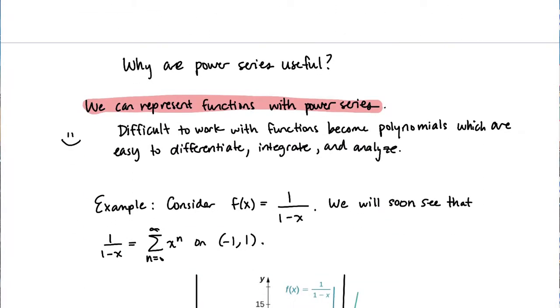Okay, let's take a look at why our power series are useful. This is kind of what's motivating our study of these. So here's what makes power series useful. We can represent functions with power series, and we will learn in a future video what the criteria are, but